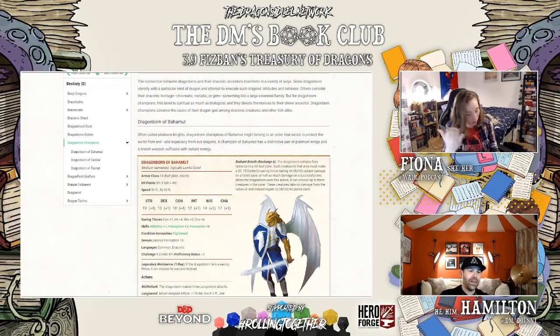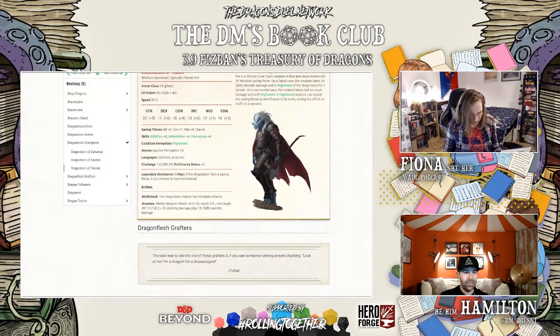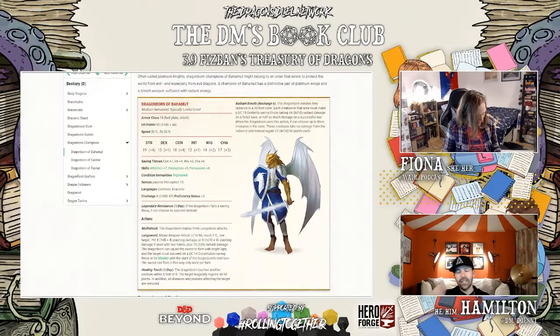One more, Dragonborn champions, a very cool, good additional. I was thinking, have you played Hoard? Have you played any of the Tyranny of Dragons campaigns? I have not. Because I've tried using their dragon cultists, and they're quite good. The Claw, the Fang, and the Wing, they're quite well done. But this gives some more interesting variants on what could be some sort of dragon related